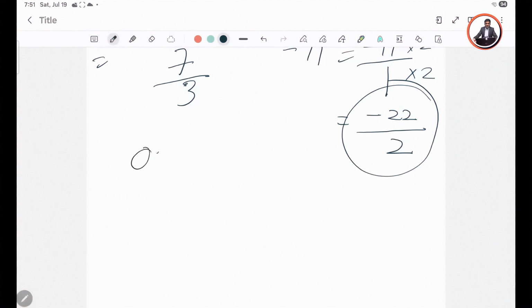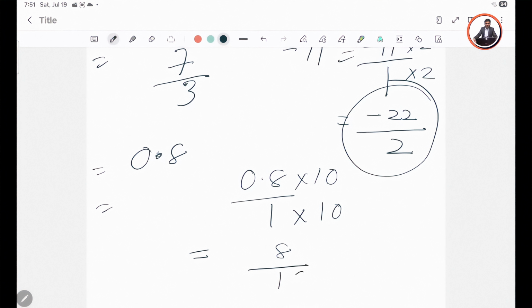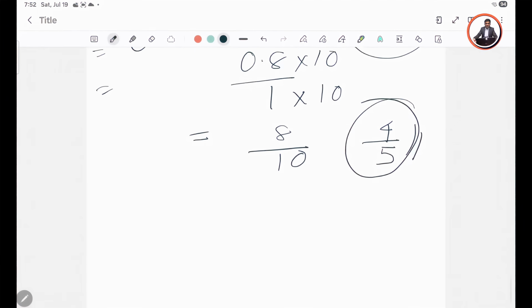Now for example, 0.8 is a rational number, because 0.8 you can write as 0.8 over 1, and you multiply both by 10. Then on the top you have 8, and the bottom you got 10, and then you can simplify further. You have 4 over 5. So this is a rational number. And also